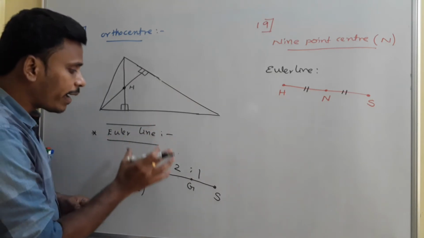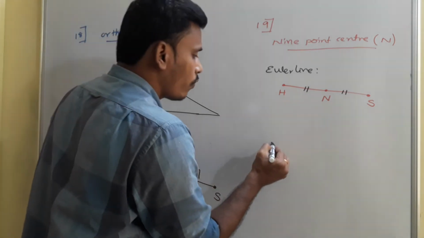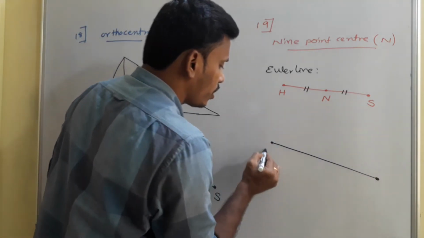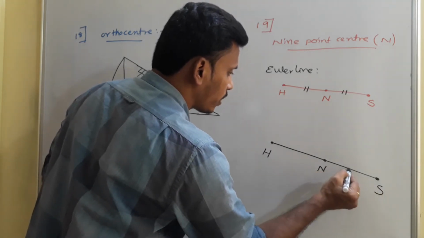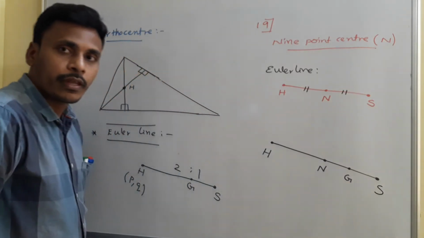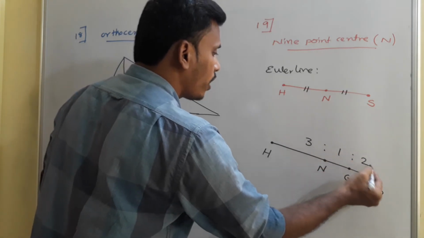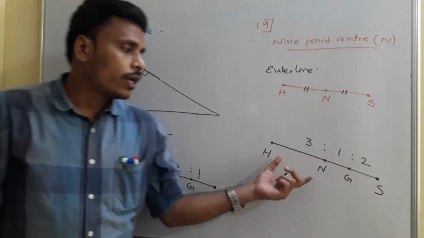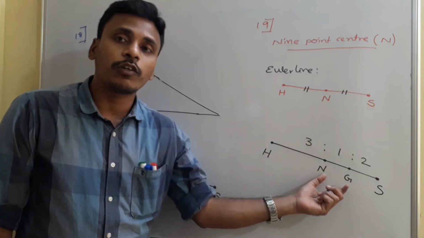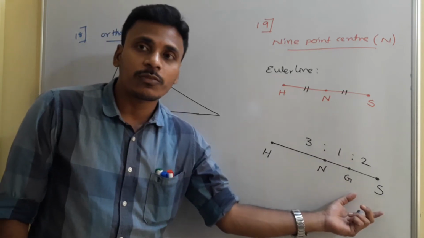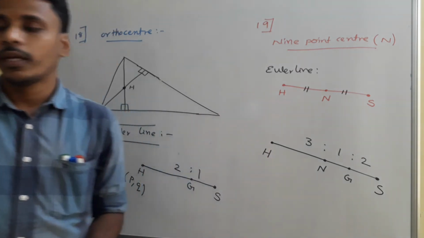Combining this 2:1 ratio along with that midpoint, when you take everything on a line: this is the orthocenter, this is the circumcenter, and its midpoint is the 9-point center. Somewhere we have the centroid again. When you calculate the ratios, all these together form a 3:1:2 ratio. If the distance between orthocenter and 9-point center is 3 units, then the distance between the next two is 1 unit, and the distance between the last two is 2 units. All this discussion was observed by Euler. Just have a look.